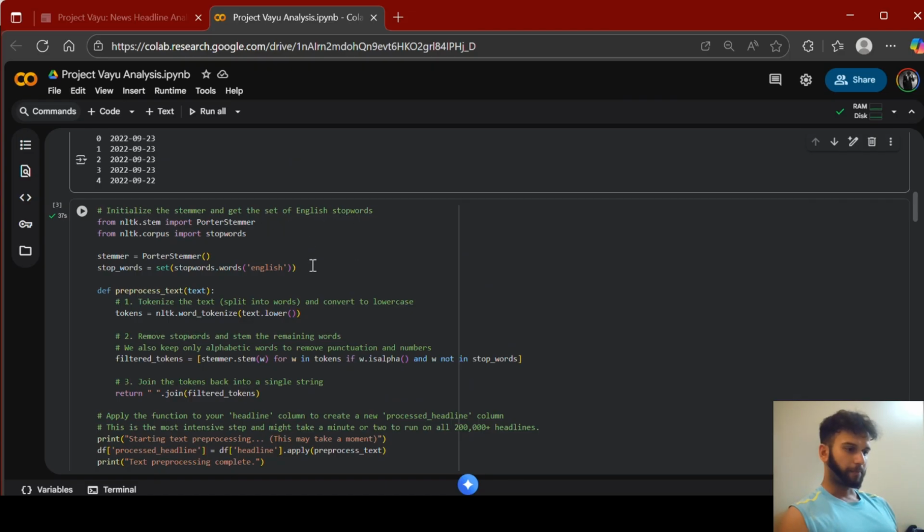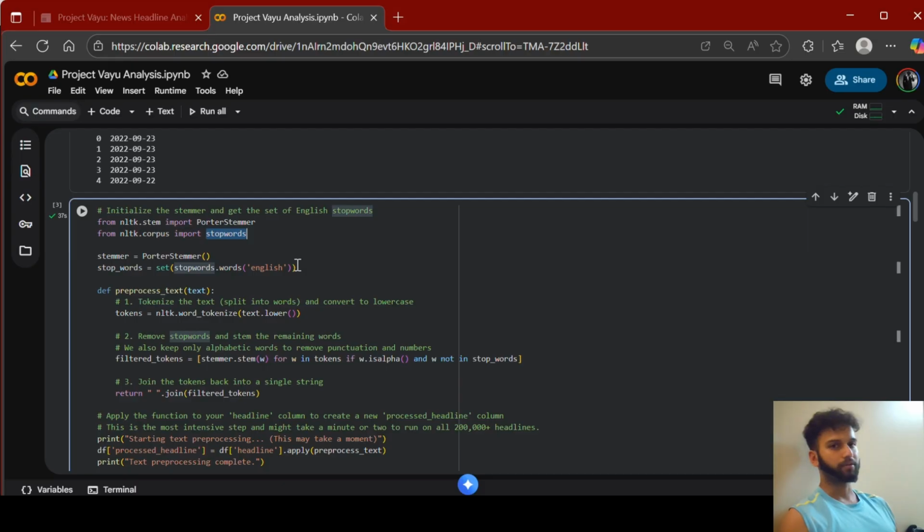Okay, after that we go with the pre-processing time. Okay, the cleaning time and all. So what you have to do, under NLTK we are taking PorterStemmer, and stopwords is one of the important concepts for NLP. Okay, so basically stopword, what it does, for example, when you are saying, for example, the bank was robbed.